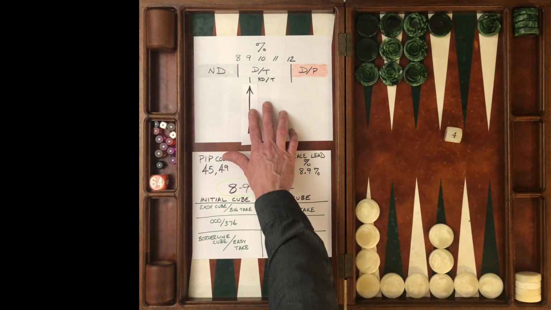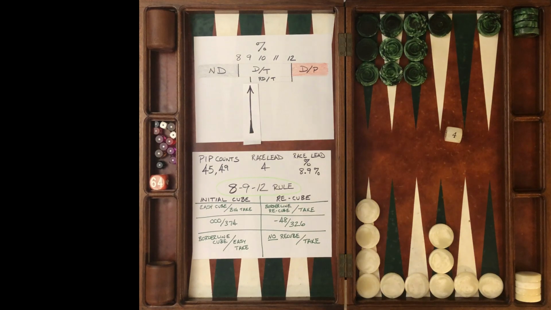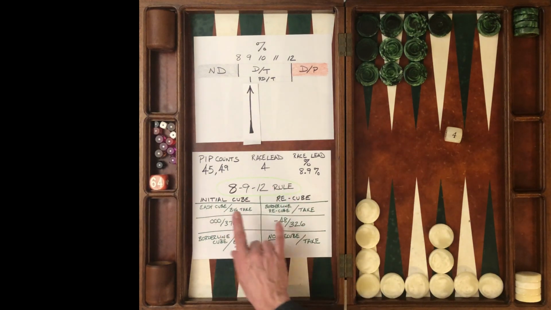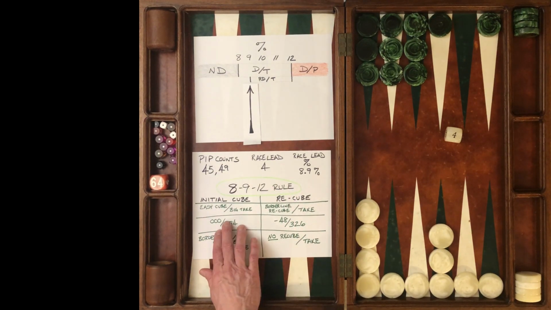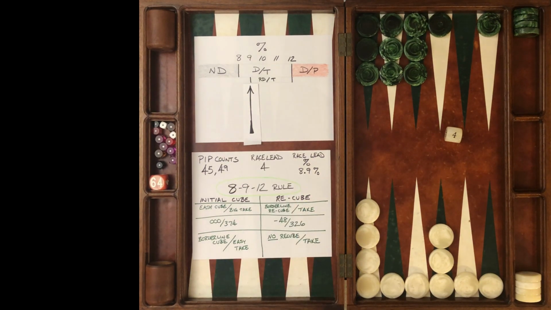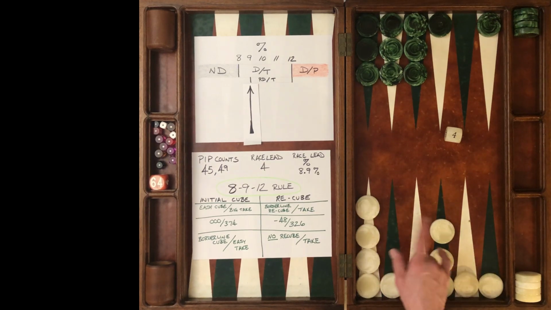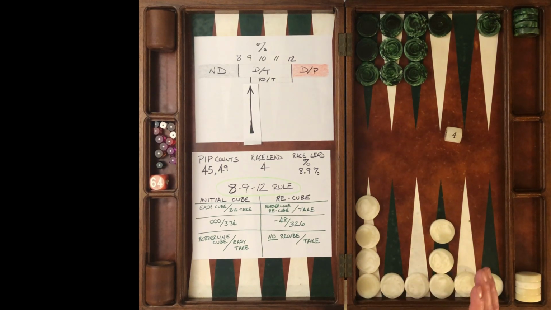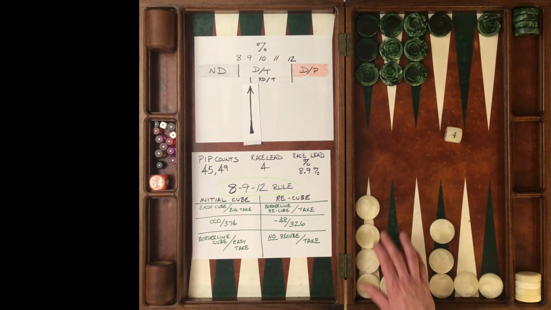It's not close. And the 8, 9, 12 rule, you might say, has failed us because it's giving us an okay answer on this side and an incorrect answer, close to an incorrect answer, for our redouble. But the point I'm trying to make here is not that the 8, 9, 12 rule can at times be wrong, but we're looking for an estimate, and we're going to learn how to make adjustments for these stacks. But don't get hung up too much on how accurate your answer is going to be, because there are some